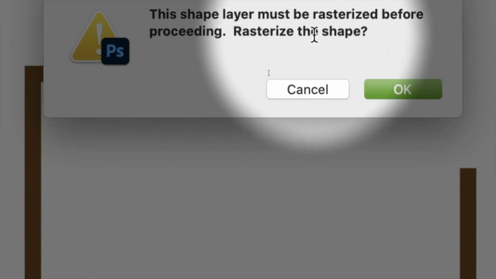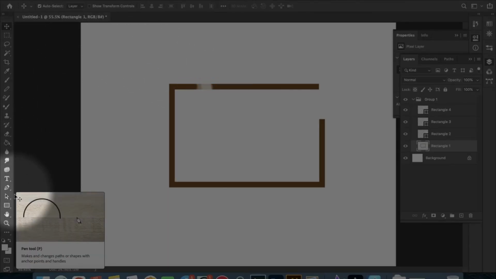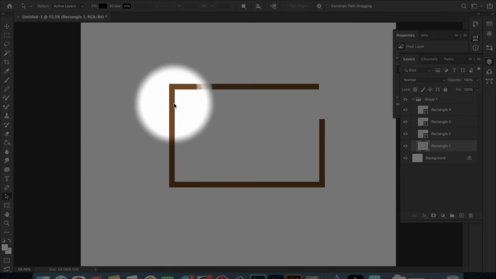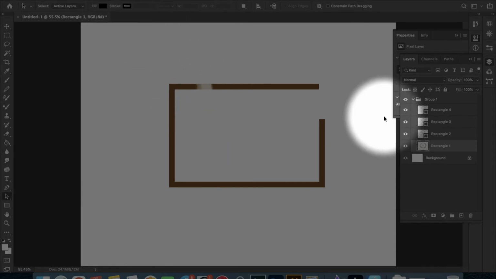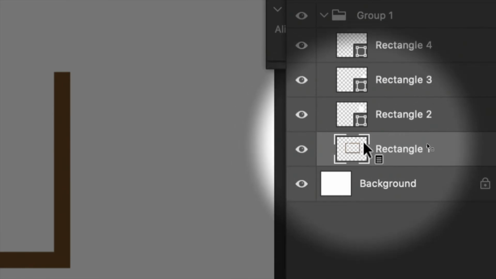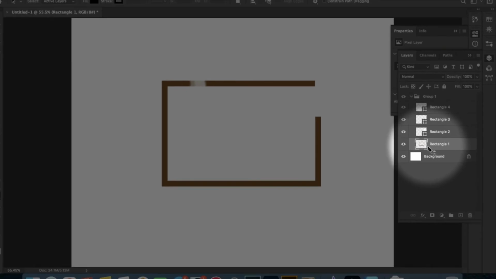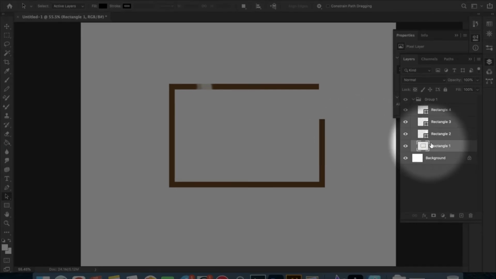And if you click on it, you can go to rasterize, and that'll make it so that now it is a raster shape, but now it's no longer a vector shape. So when I try to select it with my vector tools, it doesn't know what I'm talking about. And we can see that its properties have changed over here. So be careful about what you want to do and how you change it, because having a vector tool can be pretty awesome. So I'm going to delete this old one,